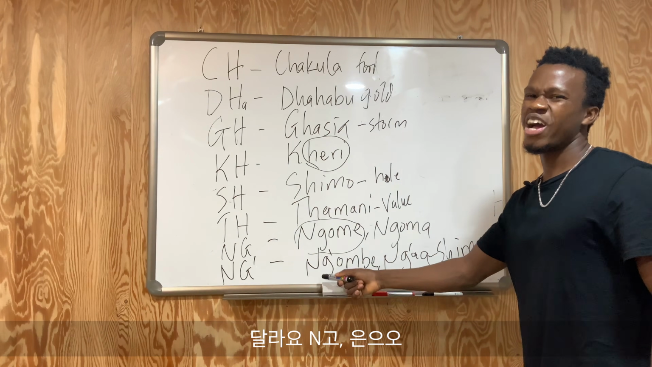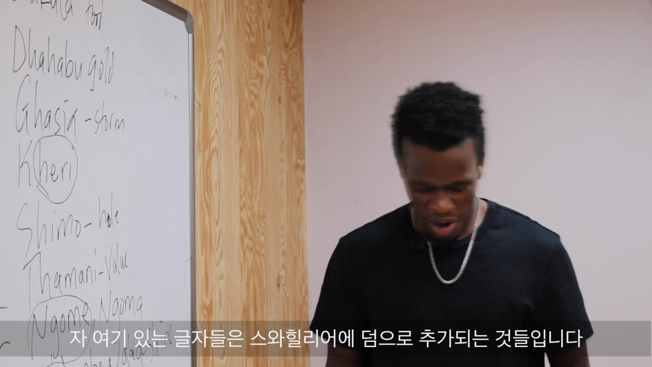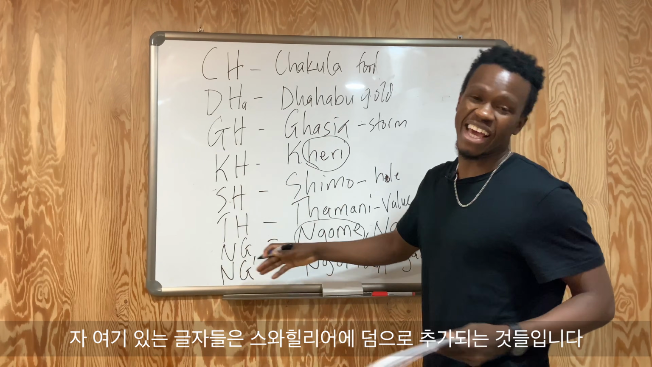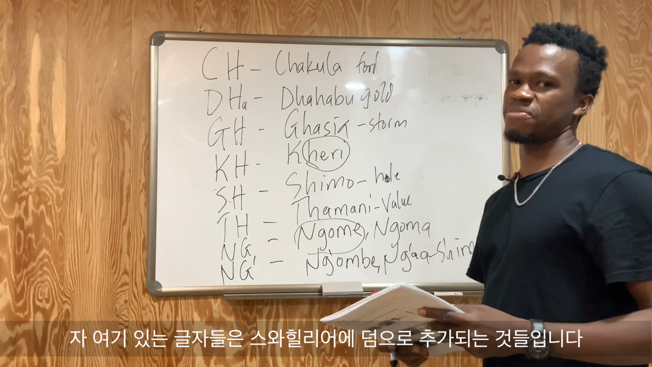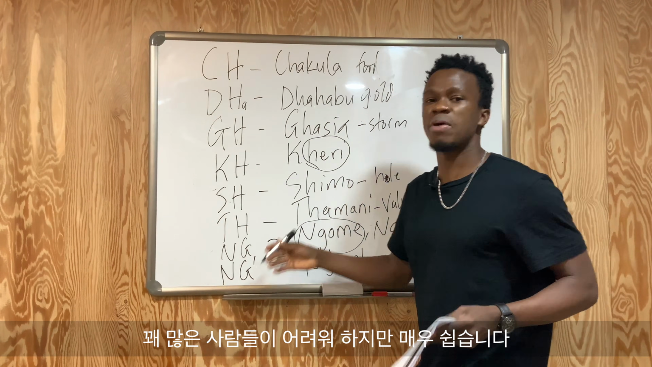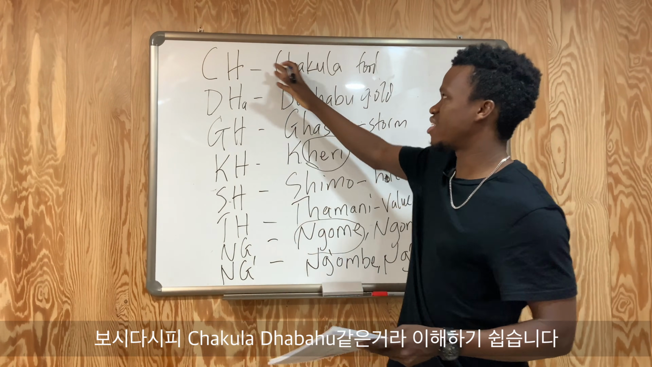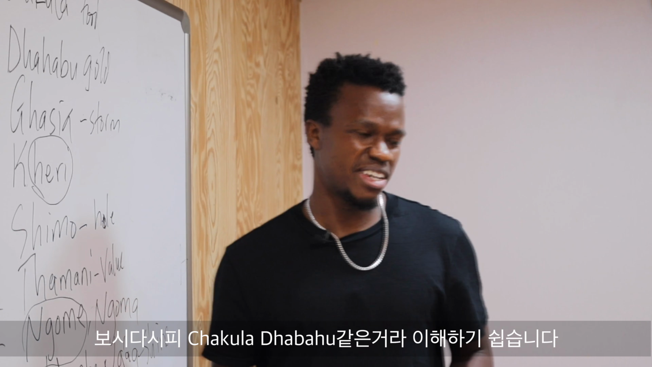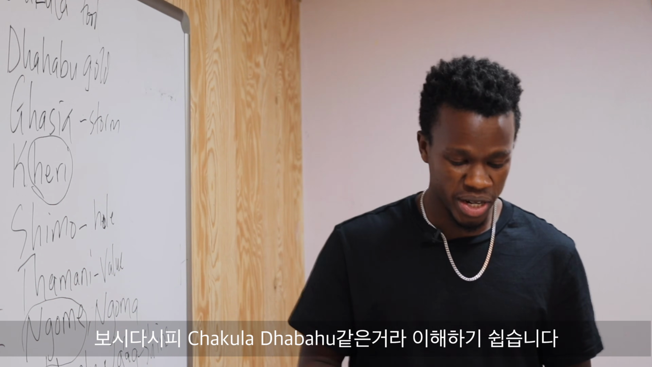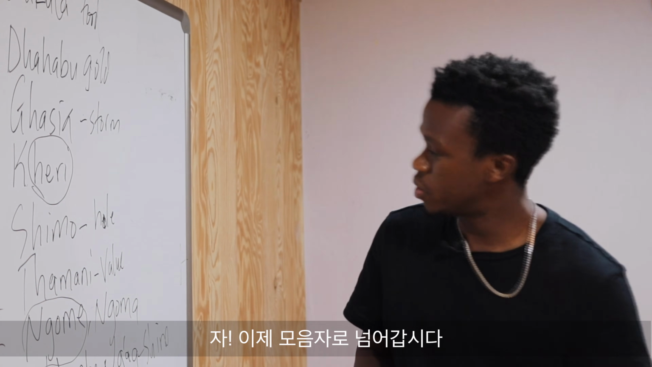So it's different. All right, so these are kind of like extra alphabet in Swahili. And a lot of people are struggling with this, but it's very easy. As you can see, guys, chakula, dhahabu, and this kind of thing. So it's very easy to understand this. All right. So let's go to